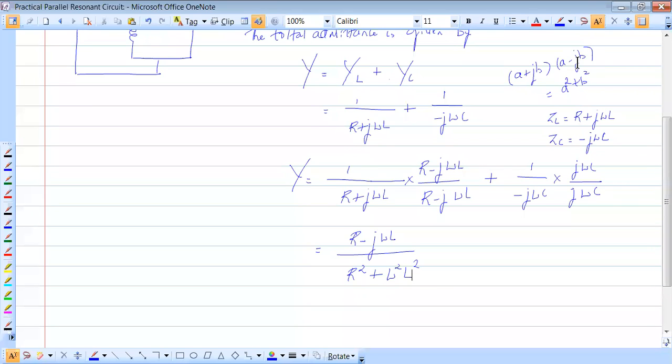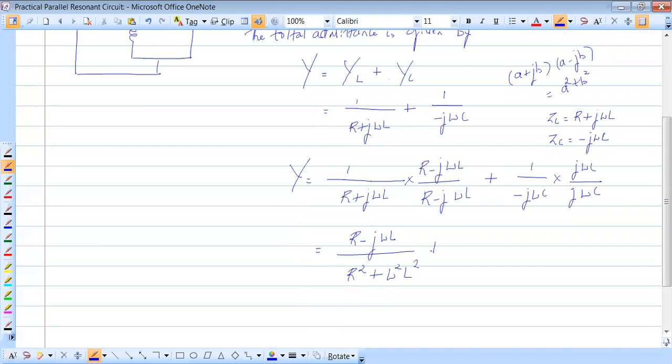Look at that once. A square plus B square or A square minus B square? A square plus B square. Yeah, good. That is what I understand from this particular equation. If you multiply these two terms, you'll have a minus sign to deal with, and another minus sign from J square, because J square becomes minus 1. In that sense, it would become plus. Good, you got it clarified.